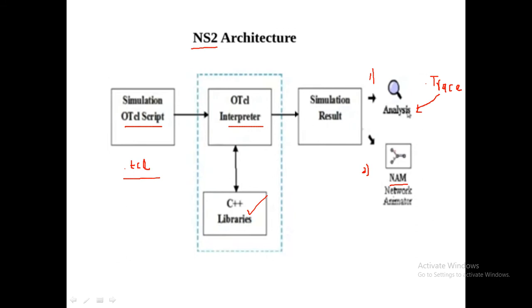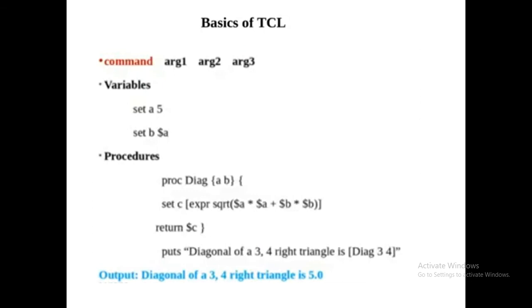You can set the time when to start your simulation and when to end your simulation, and whatever the results, they are available in this file. From this file you are going to trace and do the analysis: how many packets have dropped, if your bandwidth is 10 Mbps and your speed is this much, how many packets will be dropped. All those analyses can be done by checking this particular file. So this is about the NS2 architecture.